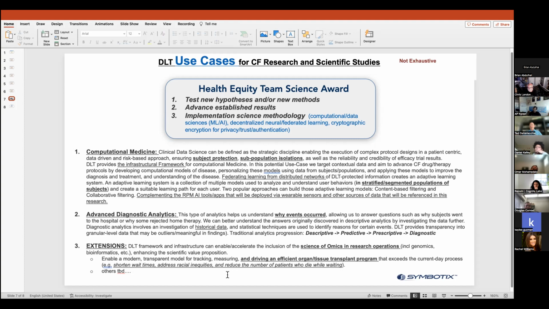I know that in the many conversations and some of the documentation I've read thus far, we start to talk about genetic mutations and other cause and effect situations. The DLT framework and the infrastructure it affords, in my experience, I would assert, will enable and accelerate the use of this information in our determinations relative to what's actionable, what's an aha moment, so to speak,